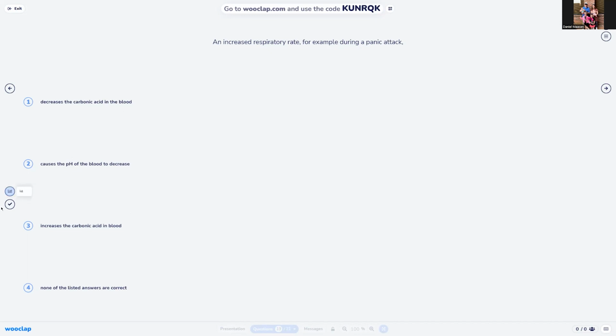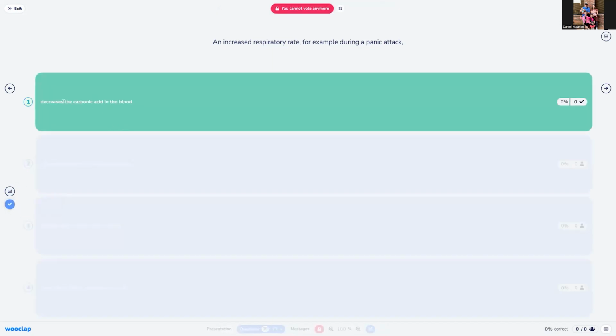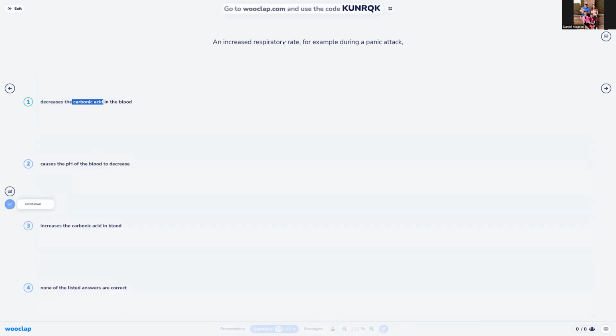So which one do you think it is? 1 of 3. Decrease. Okay. Again, think acids in the name. Carbonic acid is a combination of bicarb and hydrogen ions. Okay. Increased respiratory rate is blowing off CO2. Goodbye hydrogen ions. So I've got a decrease of acid. And that is pretty much it